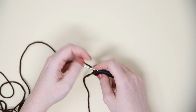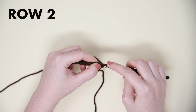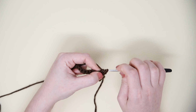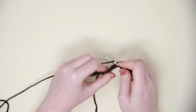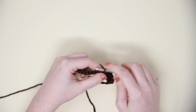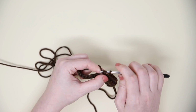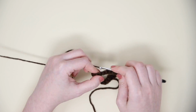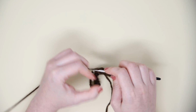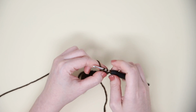We're going to chain up 1 and turn, and then we're going to be working a decrease first for row 2. So insert your hook into that first stitch, pull up a loop, insert your hook into the second stitch, pull up a loop, yarn over, and then pull through all 3 loops on your hook. And then you're just going to single crochet all the way down for the remainder of the row, leaving you with a total of 24 stitches. And finishing up our row here,